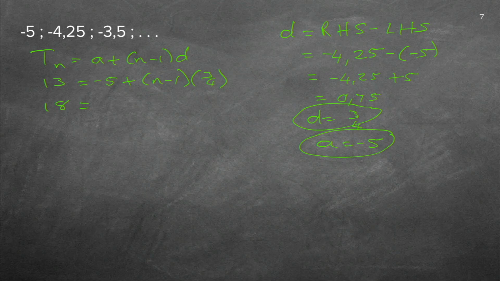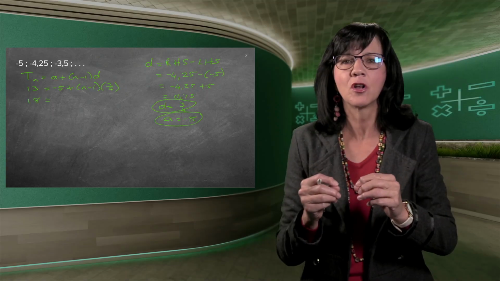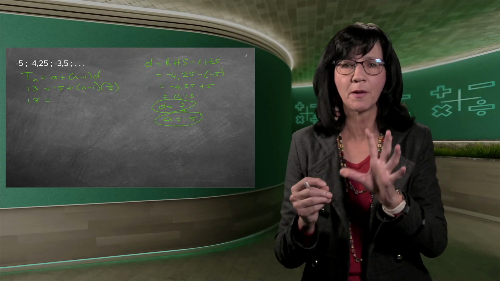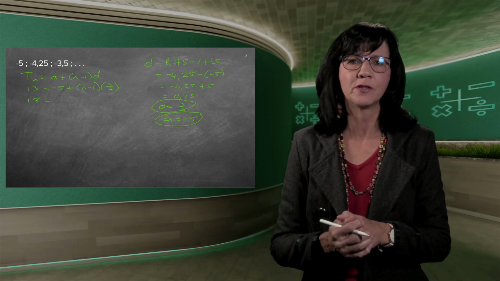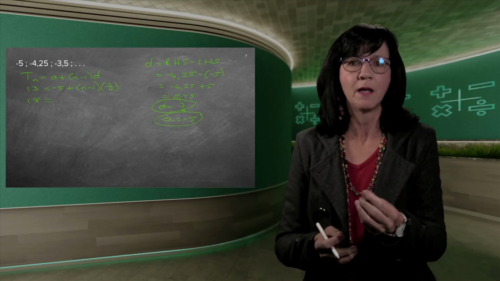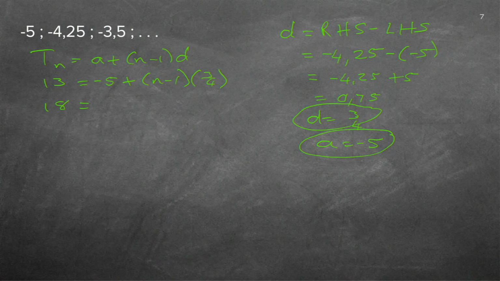Now there's, again, lots of different ways of doing this. You pick the one that gets to the answer the quickest and you find easiest. Remember, I want the n all alone. So I'm not just going to start multiplying the 3/4 into that bracket, because then I've got 3/4 n, and I want n all on its own. So I'm not going to fiddle with that little bracket n minus 1. I'm going to leave that bracket. I'm taking the 5 over, and now it's still n minus 1.